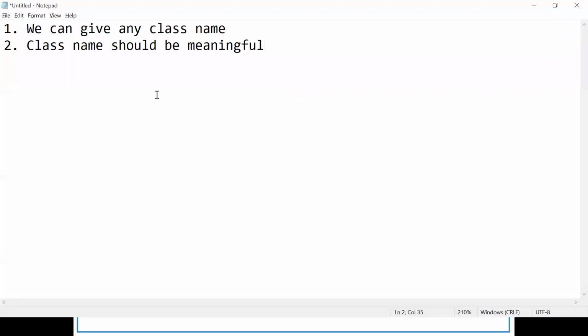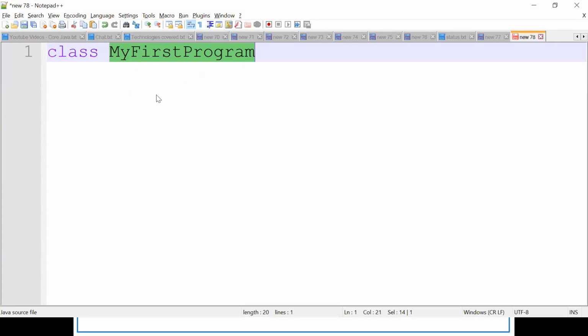The third important point is that the class name should start with uppercase, meaning the first character should be uppercase. If you observe here, M is uppercase. If you are developing a first program, then F should be uppercase.